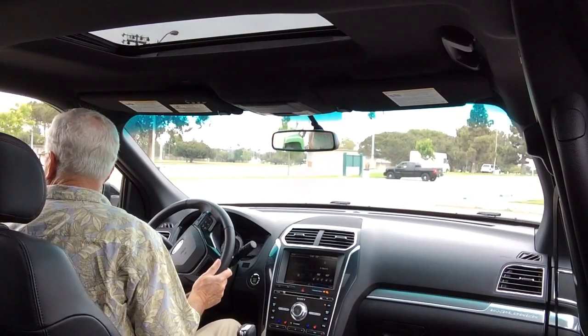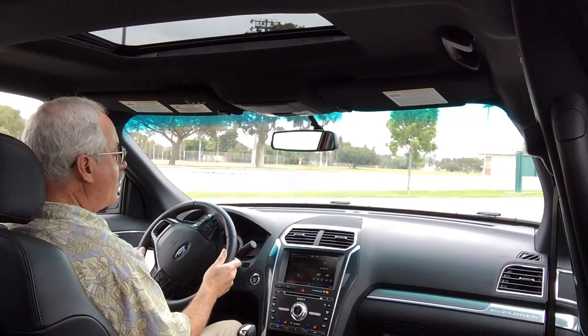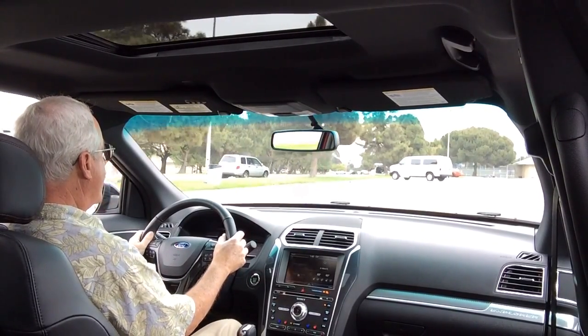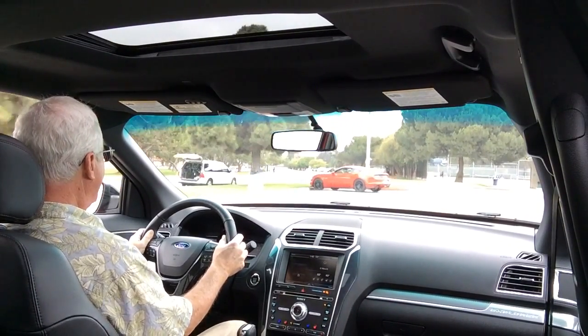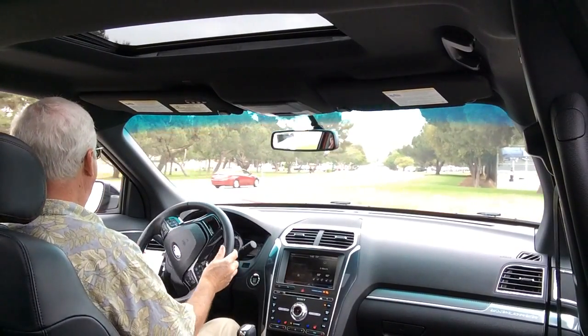Ford has given the Explorer a freshening for 2016. It's got a nice new look in the front styling, and we went over that during our separate walk-around video that you can see on YouTube. And the Sport is a super neat SUV. It's a crossover mid-size SUV